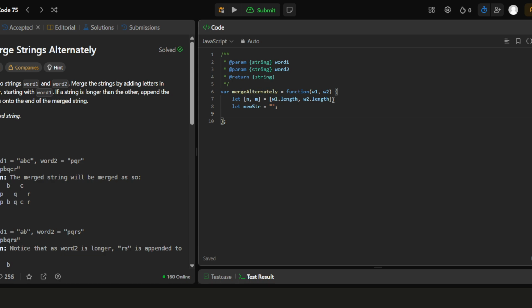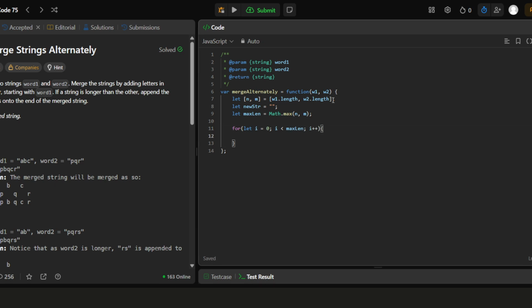Next we will take the max length variable, using max of m and n. Now we will run our for loop: let i equal 0 and i smaller than max length, i plus plus.